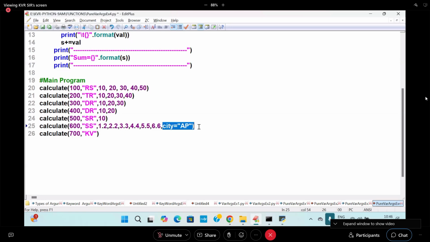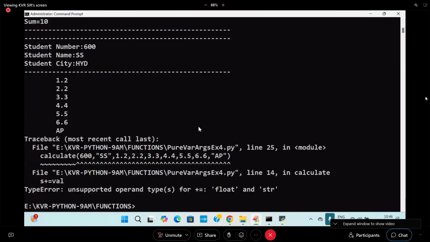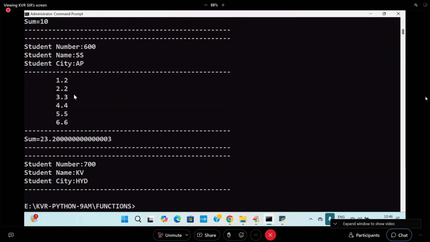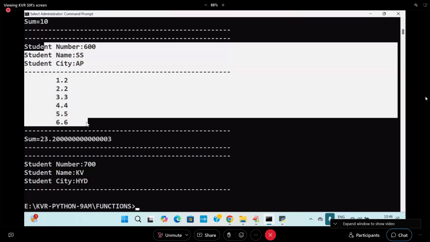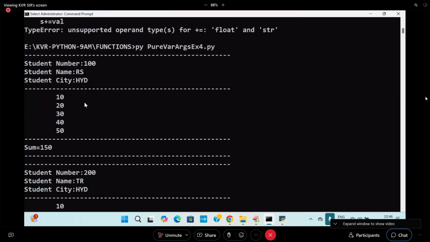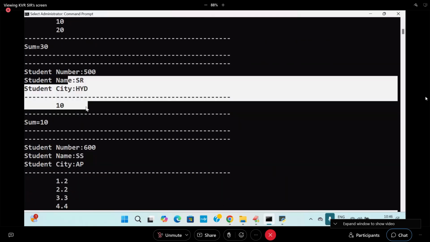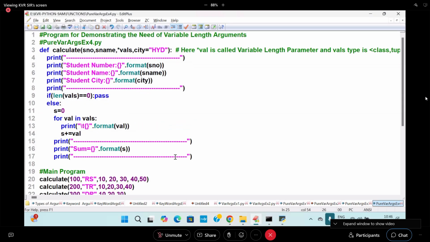Understand? Yes. See that? Execute. Perfect answer. AP. Other people are HYD, HYD, HYD. Are you following me? That means in this program, formal parameters are there, variable length is there, default is there,